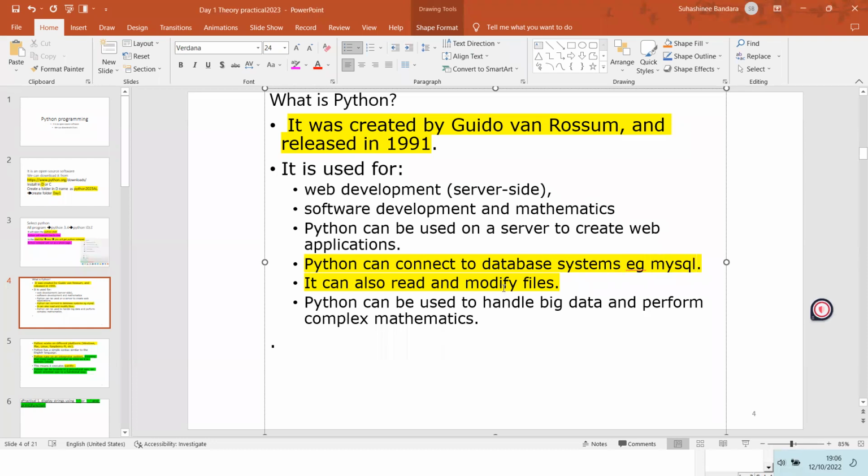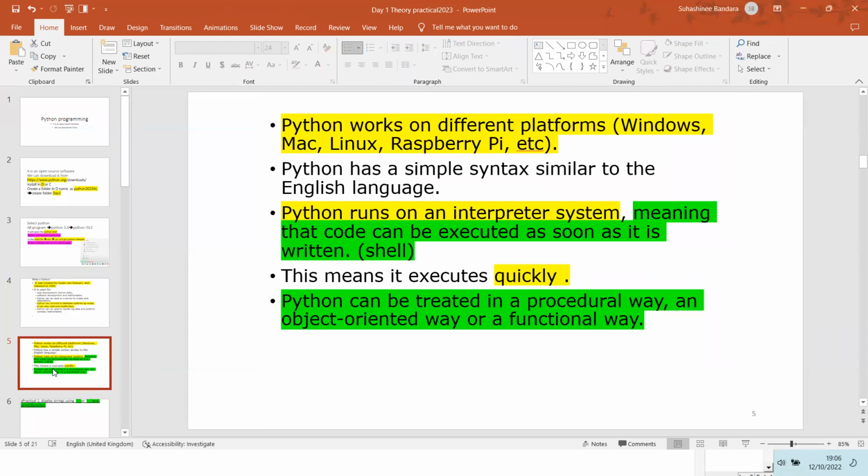It can also read and modify files. Later we will make some files and modify them. We can delete and add data to a file using a Python program. Python can be used to handle big data and perform complex mathematics, so using that we can do some mathematical formulas as well. We'll write those later.